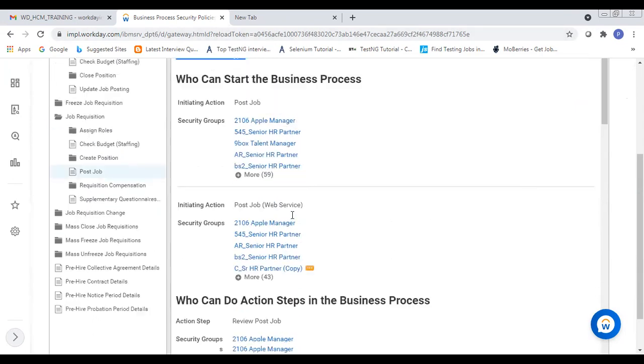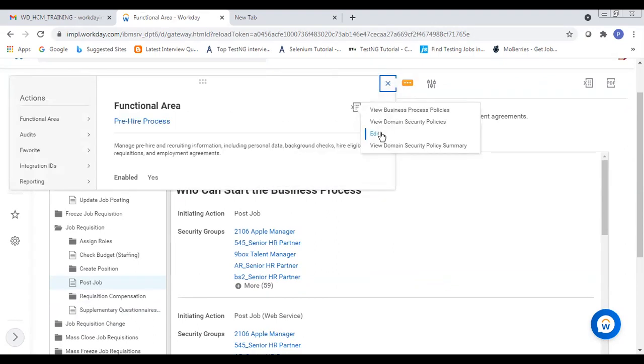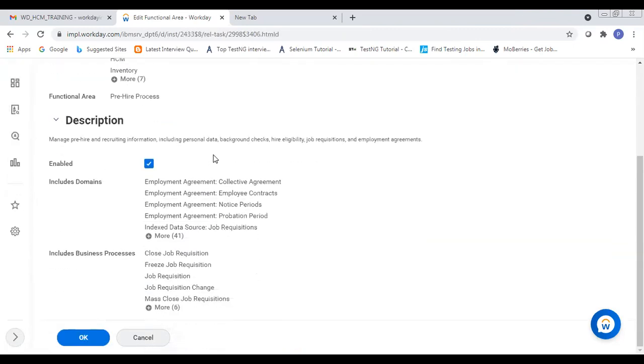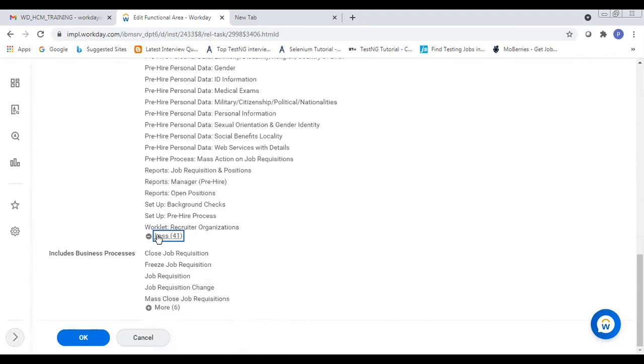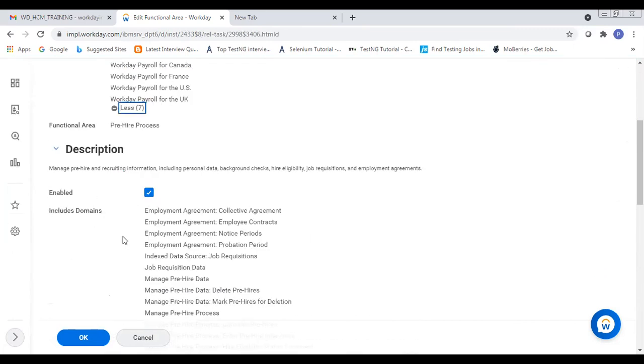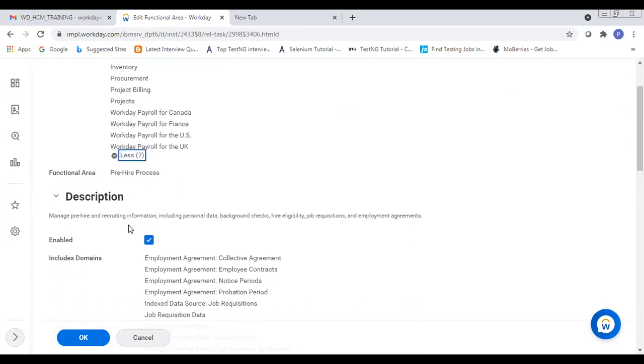Now, if you want to edit any of the business processes, click here, related actions, go to business function area and edit. So these are the included domains that are there, and if you want to add anyone, we can do this.